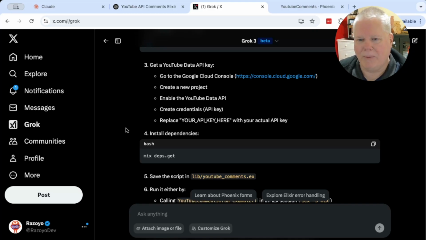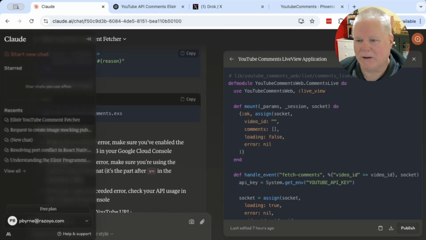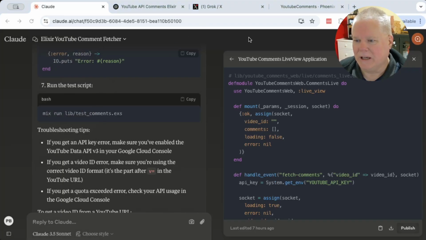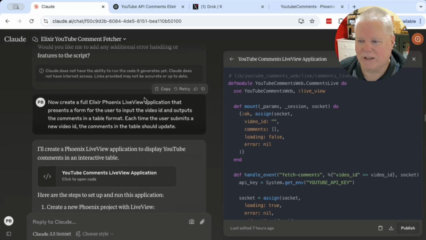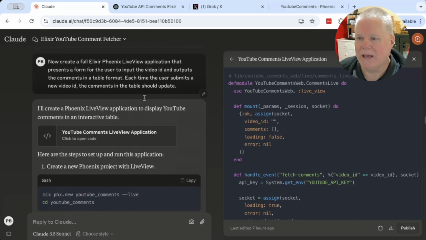Now, OpenAI does this to an extent, not very well. And Claude does this pretty well, Claude Sonnet, but not as well as Grok. I do have to admit that I like the Claude Sonnet interface, which looks like this, a little bit better. This interface is divided up into where you have your application, and then you have the instructions on the other side. This is a very handy way of writing code.